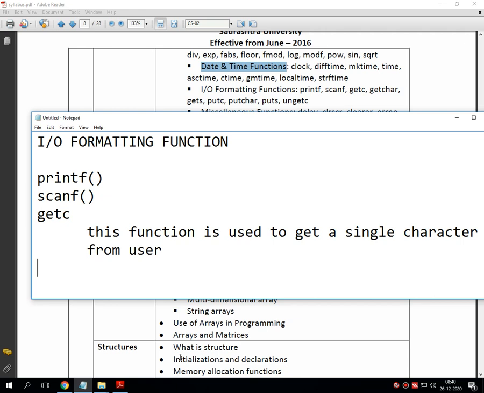That means this getc function will get a single character from the user and it stores inside the variable which has been declared by the user.